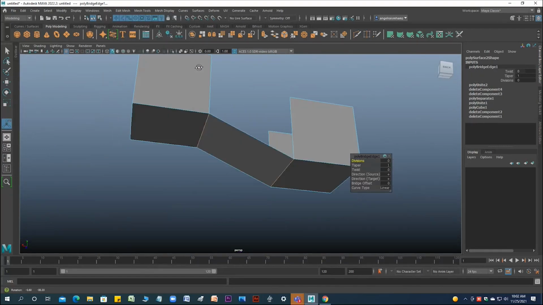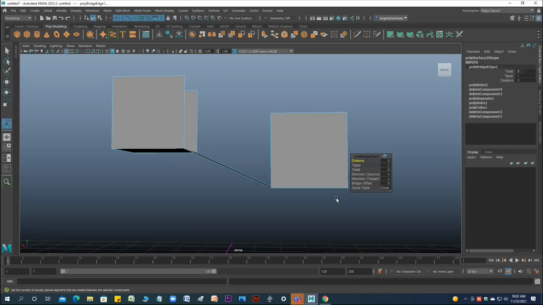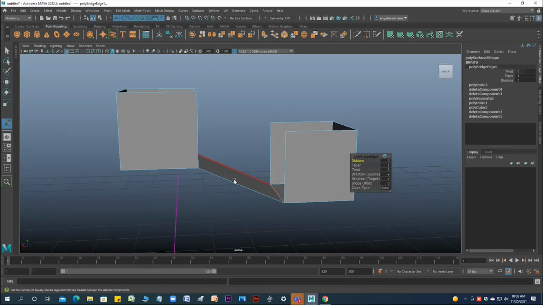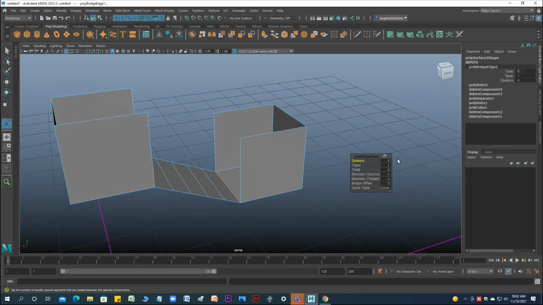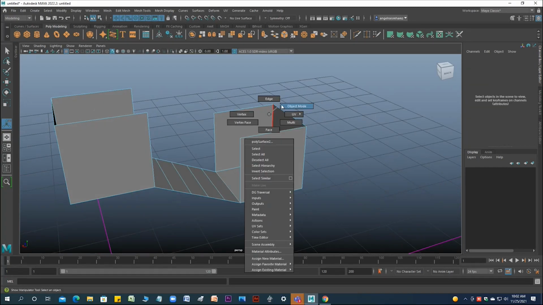So it creates a bridge between those two characters, right? So you can connect, but the condition is it should be a combined object, and you can increase or decrease the division polygon count as per your choice, right?